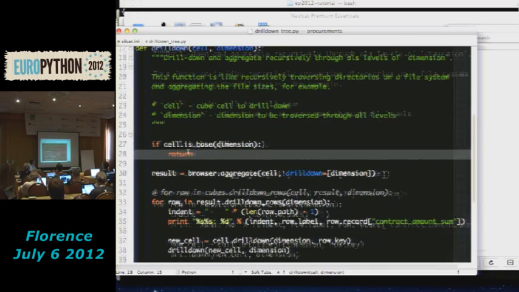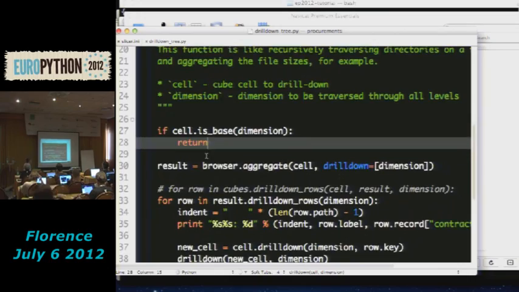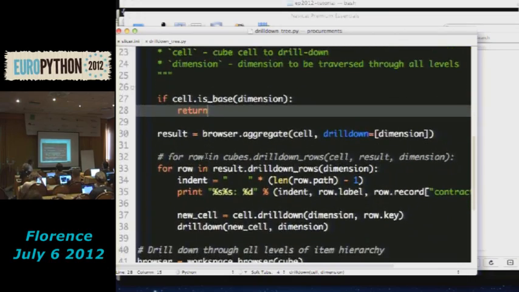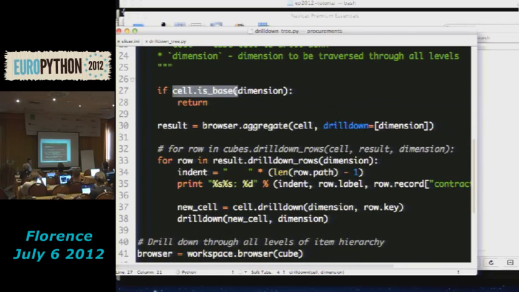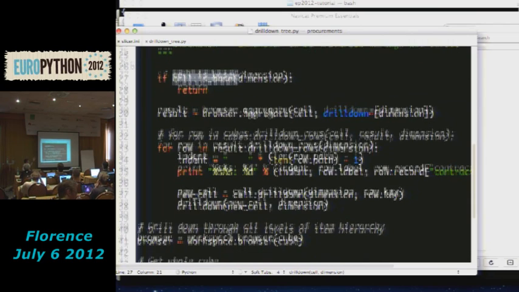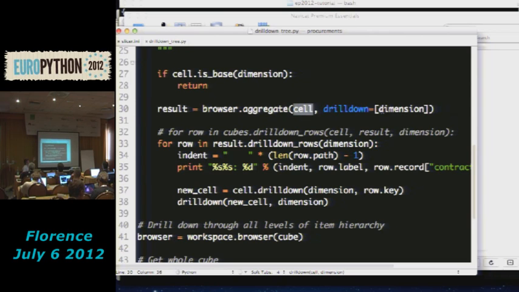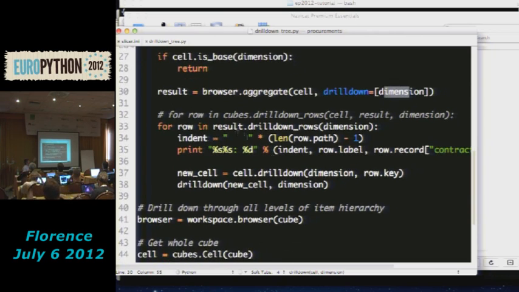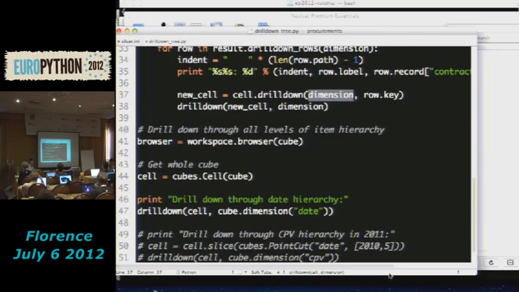Should I increase the font? Yeah. So if I'm at the end of the drill down, I just quit because I have nothing more to do here. I aggregate the cell at the dimension I'm looking at. I print the rows and drill down to the new cell, and the new cell is basically the previous cell drilled down by the dimension I'm interested in, and the result is